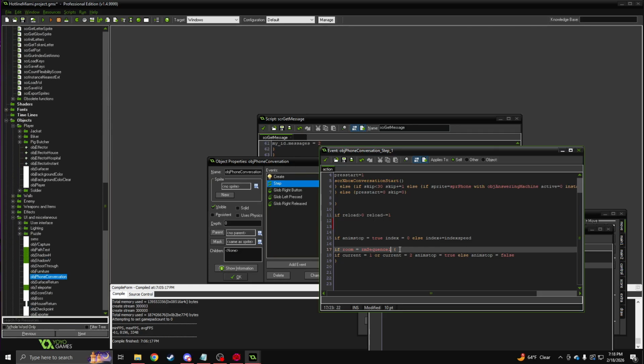So if you had another character, this is only checking the room. So if you have another character or a different section of dialogue where someone's speaking, this is going to apply to them as well, and you might not want it to apply because it's only checking for the room. So you would want to get a little more specific and say, if room equals rm sequence 1,